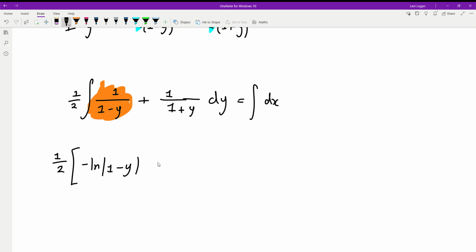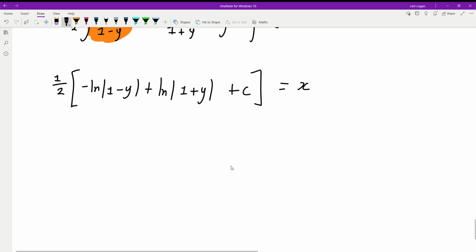a constant, but I'm going to leave that out for now because I've still got this term. Divide by its differential here is still going to be 1, so it's just going to be plus natural log of 1 plus y plus c, brackets, equals x. Okay? What I'm going to do is leave out that half for now, but I'm going to combine these two